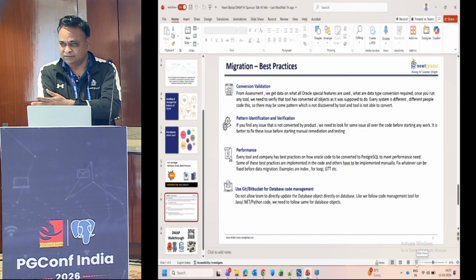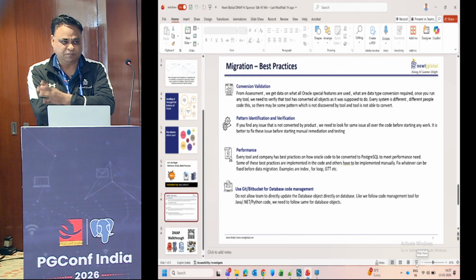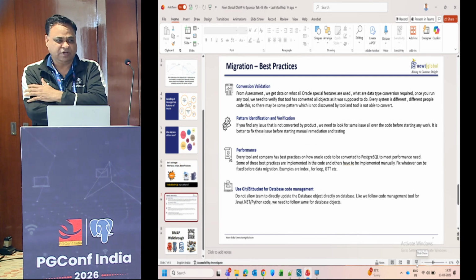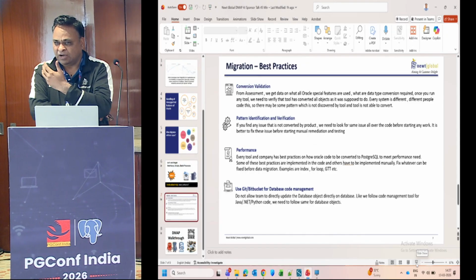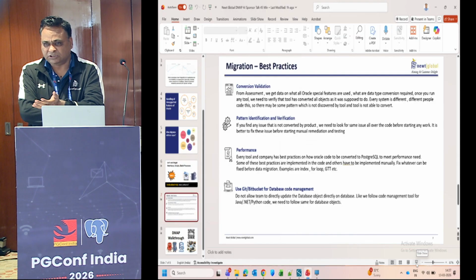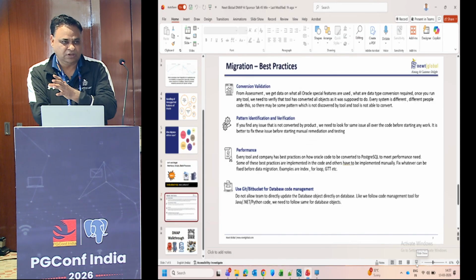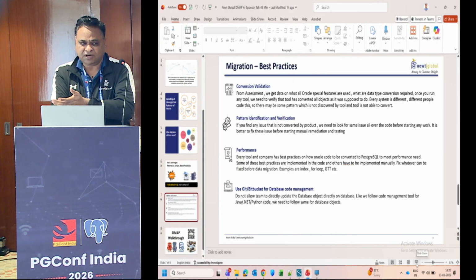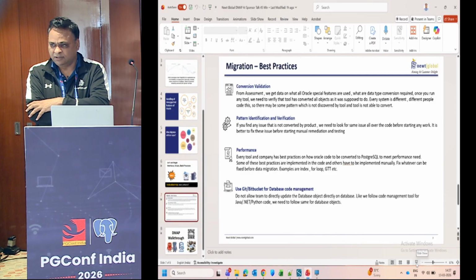So my advice is that please make sure that performance is taken care of from the very beginning. All organizations, including ours, have some best practices of coding for performance, on what should be taken care of while we are doing the code conversions. So just make sure that your code has been done, whether your tool has done it or you are doing manual remediation, and you have taken care of those performance issues. Otherwise, at a later stage, it will be very difficult.